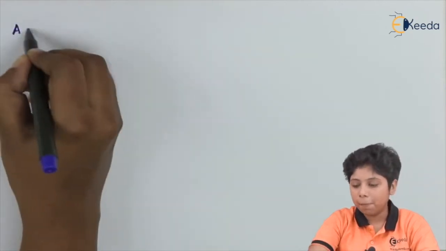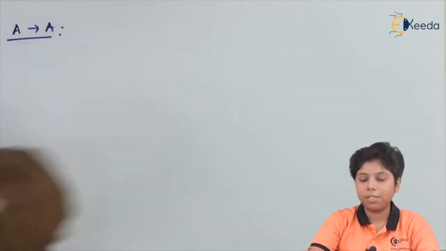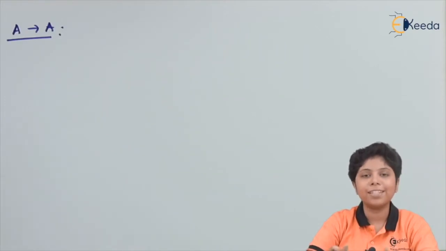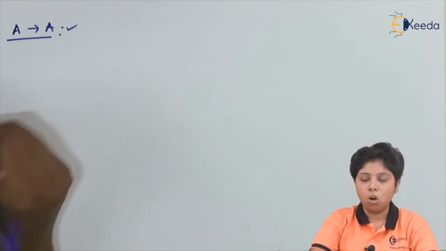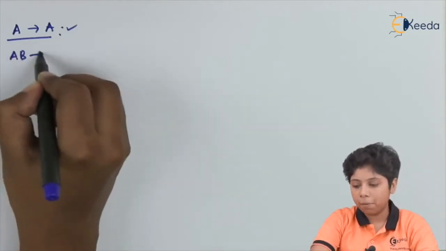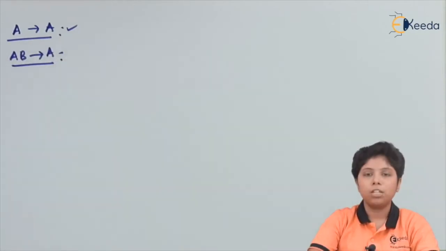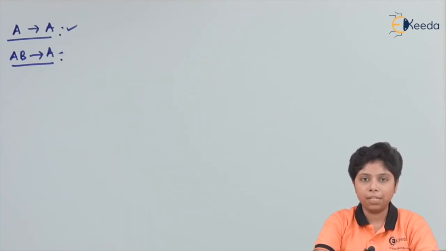Now there are some dependencies which are trivial, that means which are satisfied in every case. If we take the functional dependency A determines A, that means A always satisfies all the attributes of A, and it makes it trivial. Also if I say that AB determines A, so a combination of A and B